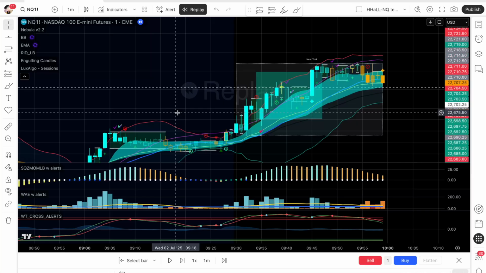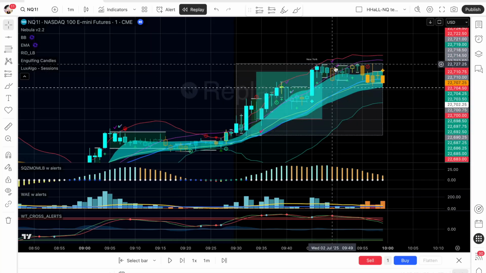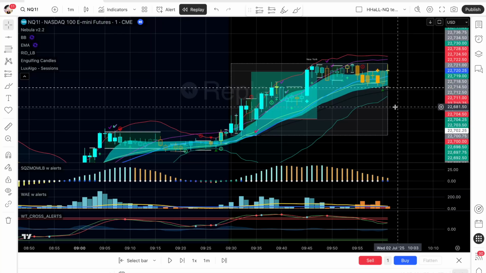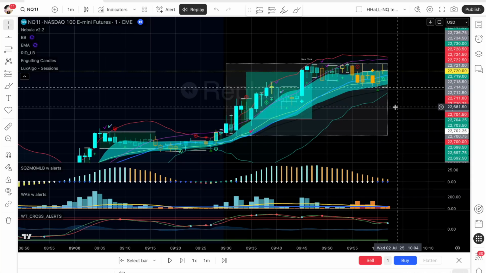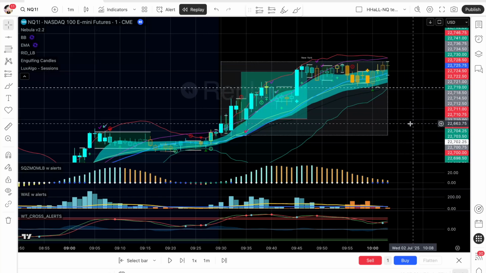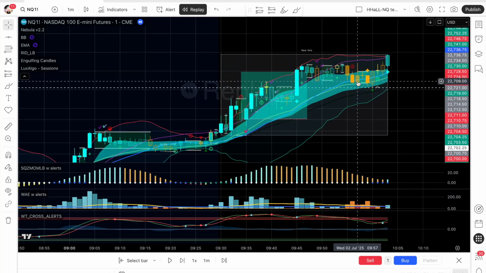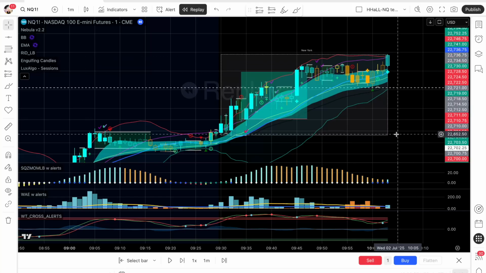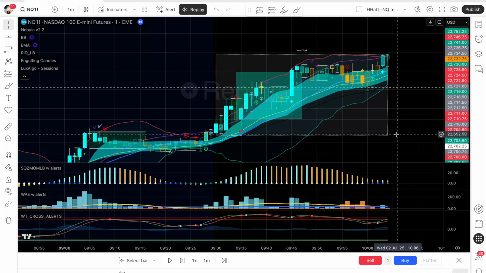That's pretty close. So it came down, we could be ranging here. It came down to the same level. Didn't hit our stop loss, so we're still in it. That was close. Almost hit us there. Our stop loss is below the EMA 21, so if we had it right at the EMA 21, we would have been stopped out. But you can see we went higher. This is 707. Now we're at 737. That's 30 points of gain right there. So we're going to leave our stop loss right there